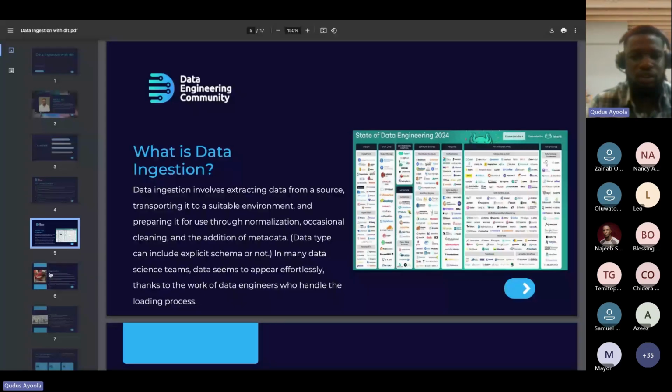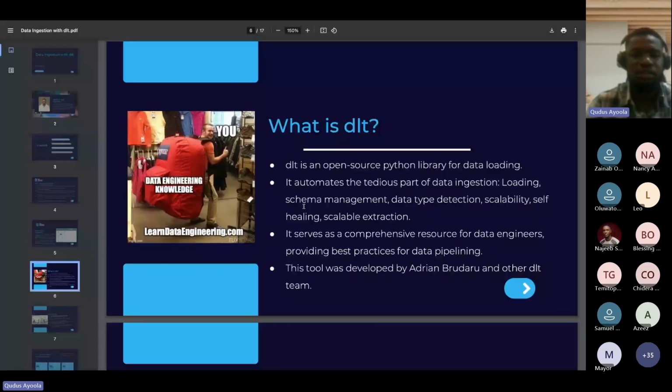So what is DLT basically? DLT is an open source Python library for data loading. We have different tools for loading your data, tools for transforming your data, and tools for reporting.